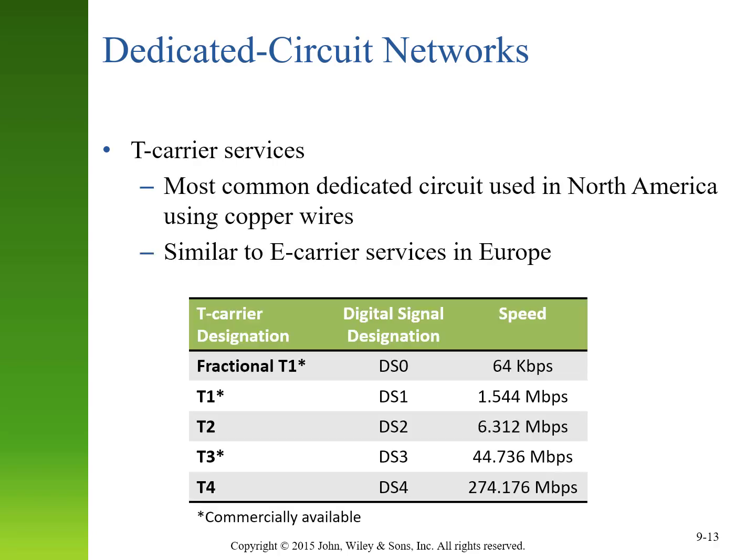T-carrier services is still the most common dedicated circuit used in North America. It uses copper wires, and it uses multiplexing to combine multiple copper wires up to a point where you receive the bandwidth you're looking for. So a unit of T-carrier services would be something like T1, which provides 1.544 megabits per second, which really isn't very much bandwidth, but for some wide area network purposes, this amount of bandwidth might be adequate. If you're just trying to keep 2 different servers in sync with one another, for instance, you might not need